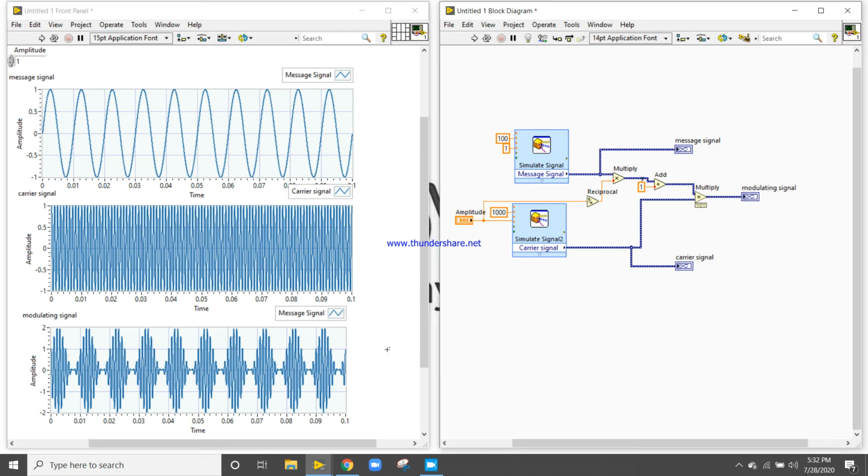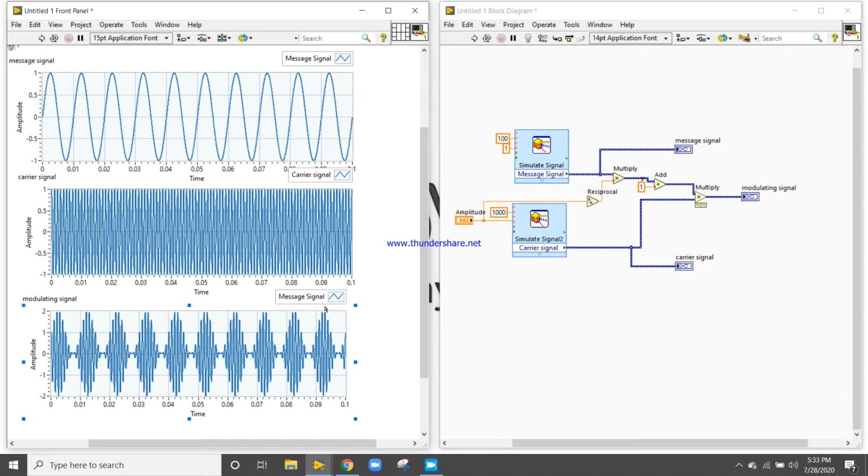Modulating signal. So now these are the three signals: message signal, carrier signal, and modulating signal, right? So now let's try to find out the spectrum.